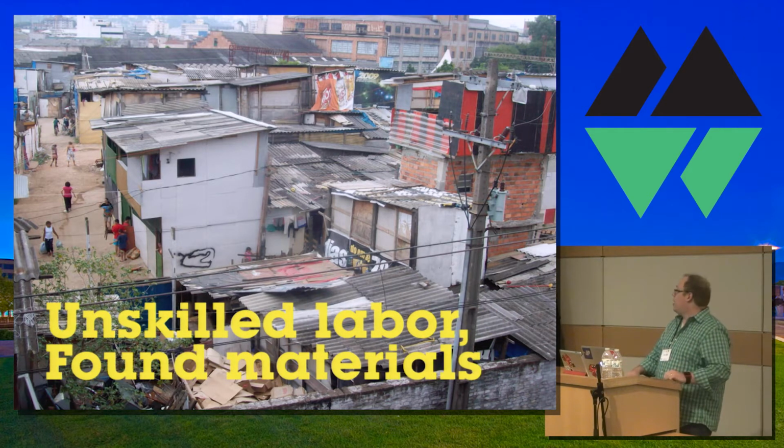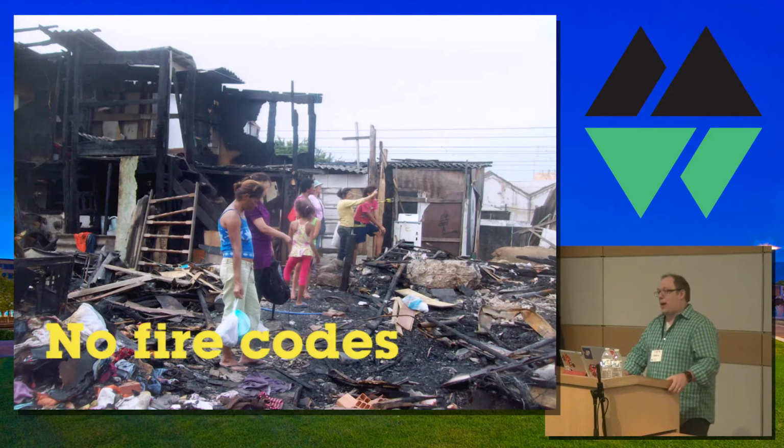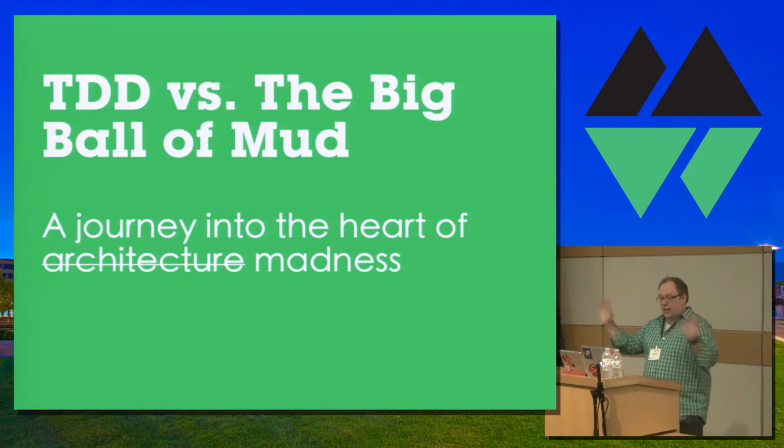How did that happen? Well, people with little skill can create houses. That's great. Anybody can do it. So you walk in and you build whatever structure you want with whatever you can find. So they pop up everywhere. The problem is these structures are difficult to maintain, to grow, or protect. They have very little fire or police presence, and safety and crime issues are everywhere. So forget about architecture. I'm going to hand wave over the entire concept of architecture. We're going to journey into a code favela, and I'm going to take your sanity.